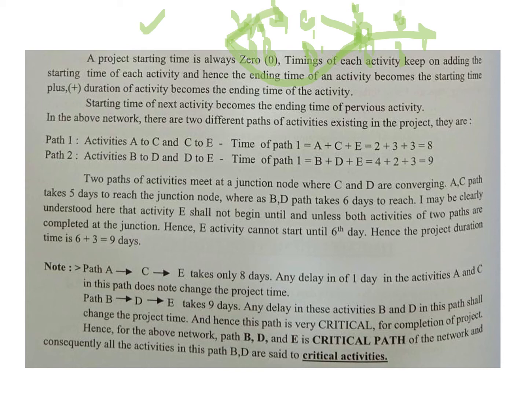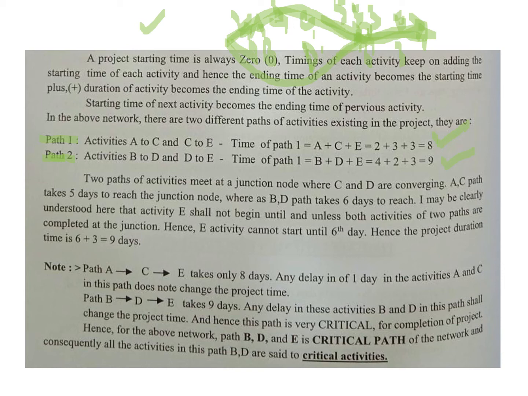And for this particular path, from A through C through E, it takes you 5 days to complete up to C, and then 3, which is 5 plus 3, 8 days. So we're talking about 8 days over there. There are two paths that are important, because the activities are happening simultaneously. One path takes 8 days, the other path takes 9 days, right?